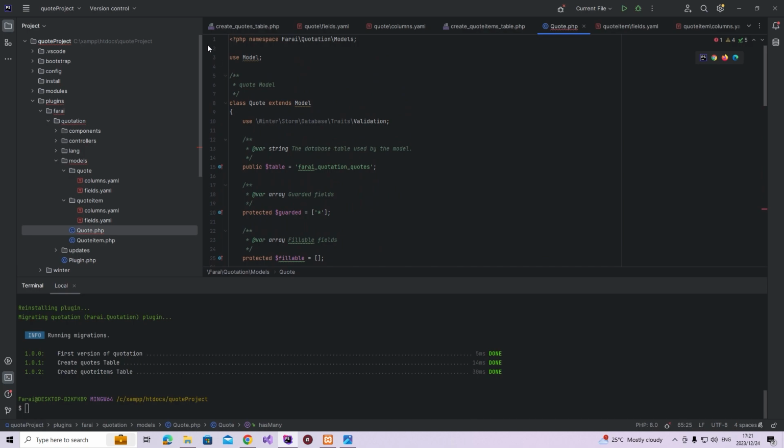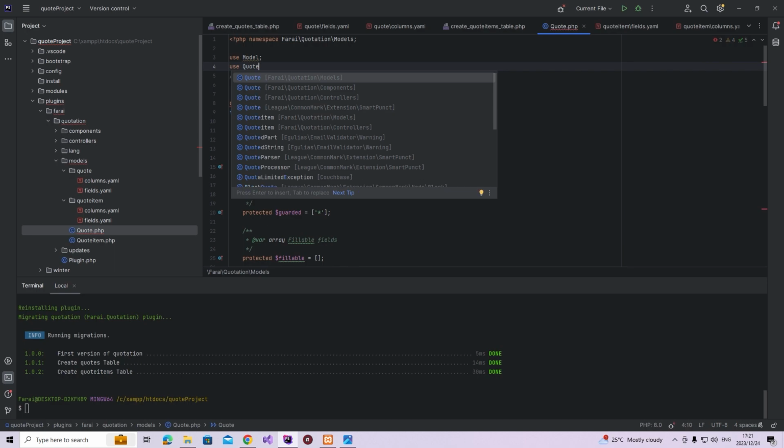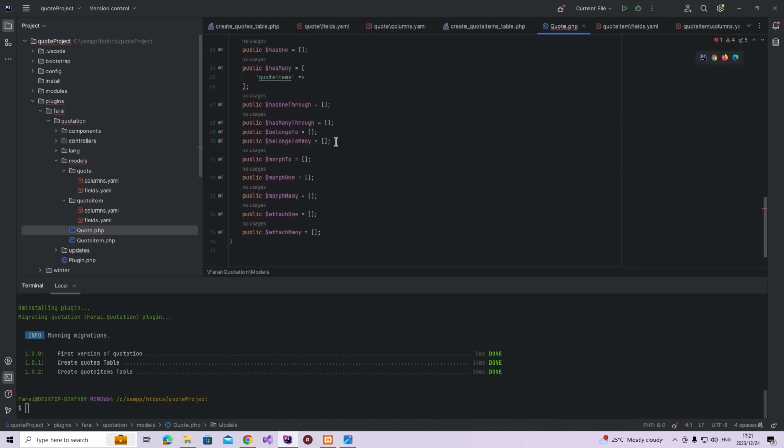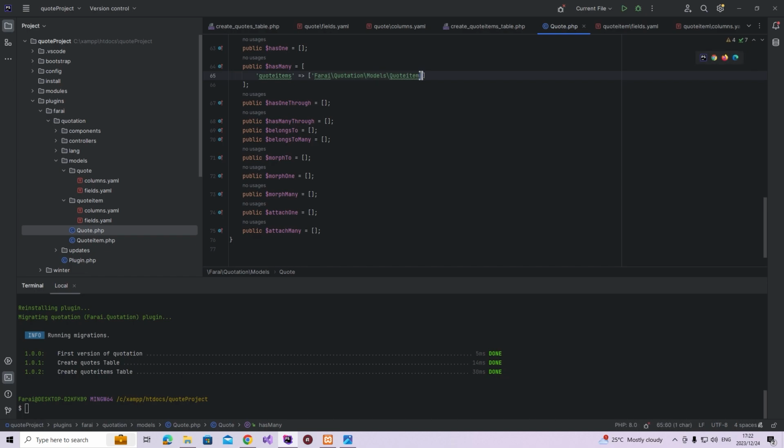So to do that, in PhpStorm anyway, you just say use QuoteItem, and then I take this path, copy it, come in here and put it there, and just put that there first, and then I reference the key inside there, which is going to be